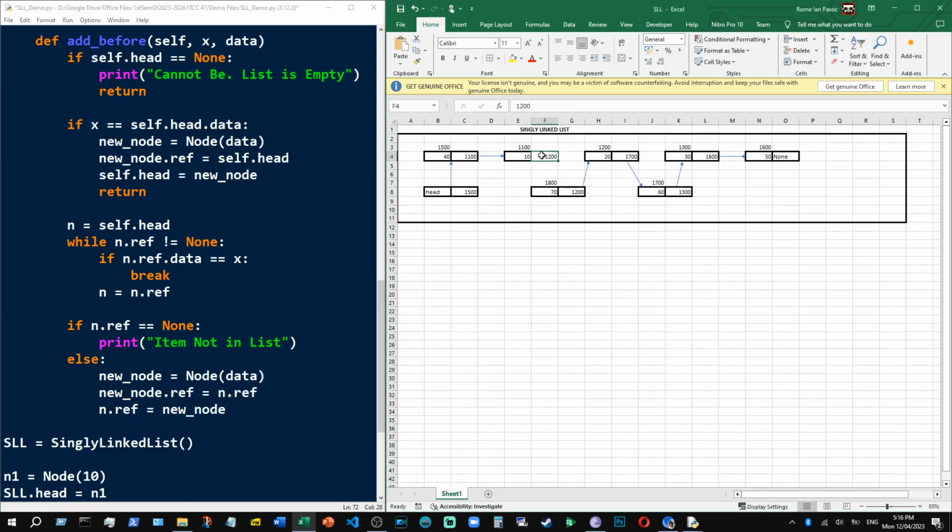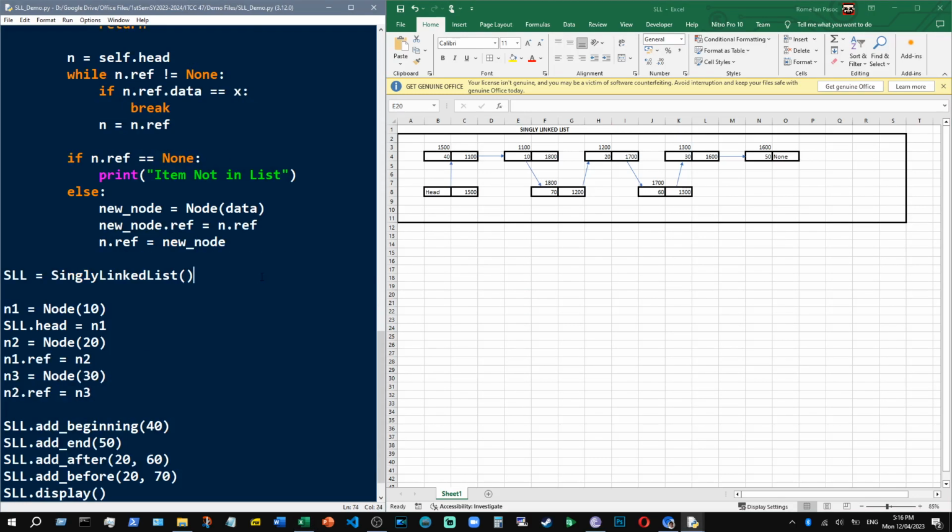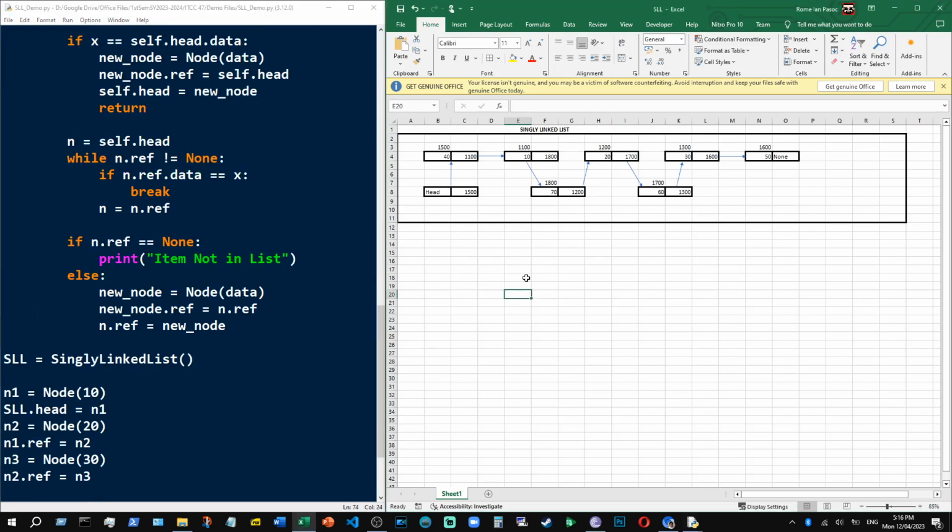So now we have 1800 here. Now with this, we have a list which comprises nodes which have data 40,